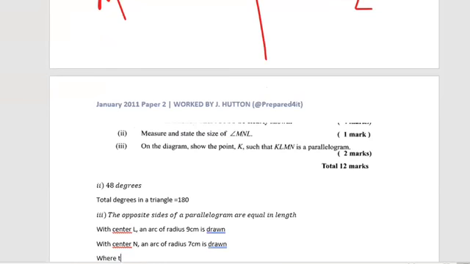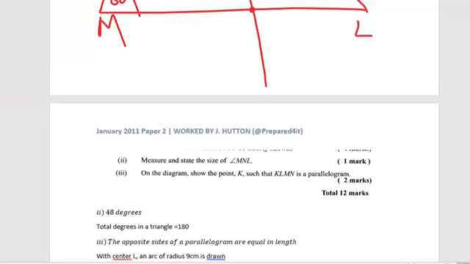Where the arcs intersect, we will have K. So to explain all of that now graphically, we have this same diagram